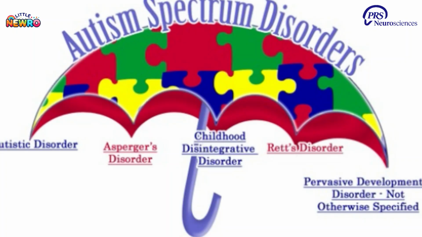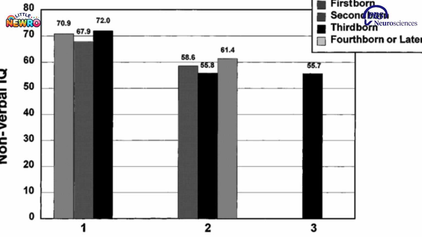So when you say autism, it is not a single condition, it's an umbrella condition, a group of conditions. So different kinds of autism can happen. Autism spectrum disorder has multiple types of autism. For example, if you take severe autism with mental retardation, they will have a very low IQ level, below average. And some children, like Asperger syndrome, which is one of the types of autistic syndromes,